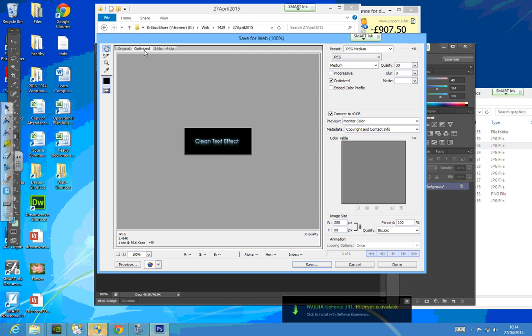So that's 1 kilobyte, right? And it obviously tells you how many seconds: 1 second on 56.6 kbps broadband speed, basically. So if you had an old broadband which was on that speed, it will take 1 second,